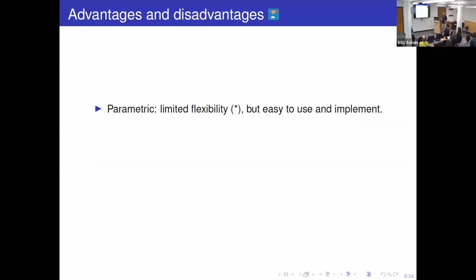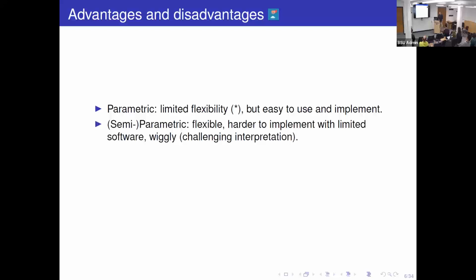Now, advantages and disadvantages. So take this with a pinch of salt, of course. I'm not going to defend any of these points to death, but if you're using a parametric approach, one of the challenges is the limited flexibility. Like if you use a Weibull distribution, it can be increasing or decreasing, and that's the end. If it is a log-normal, it's only unimodal, and so on. But then, of course, you can use distributions that are more flexible.